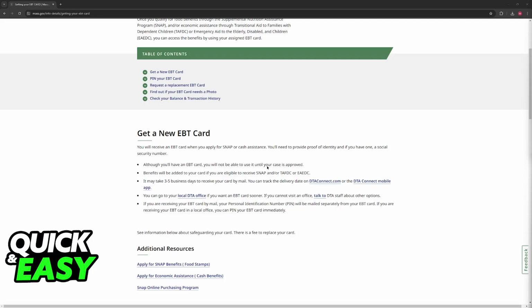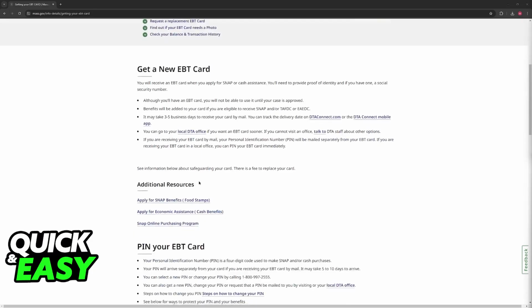As you can see, they are going to list all of the requirements that you have to go through, all of the steps on the website, and you will be able to receive your card. Assuming that you have already received the card and it is ready to activate, which is what I'm going to go over in this video, all that you have to do is locate the phone number on the back of